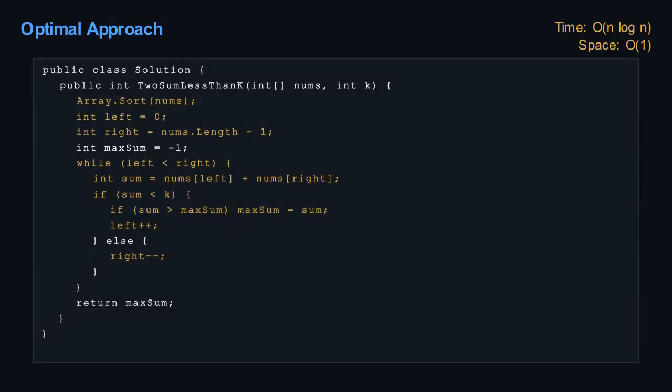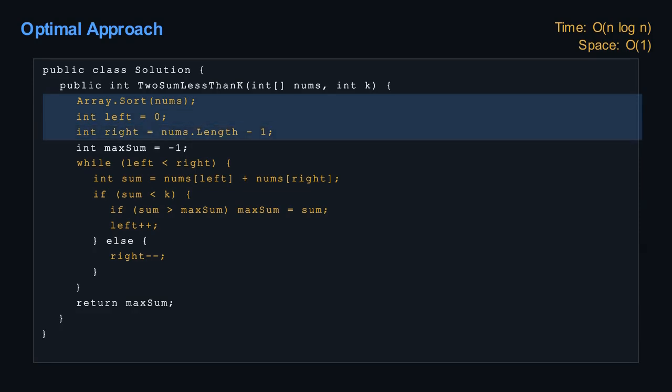The key insight for an optimal solution lies in sorting the array first. Once sorted, we can use the two pointers technique. Initialize one pointer, left, at the beginning of the array and another, right, at the end. We'll maintain a variable maxSum initialized to -1. Inside a loop that continues as long as left is less than right, we calculate the sum of the numbers